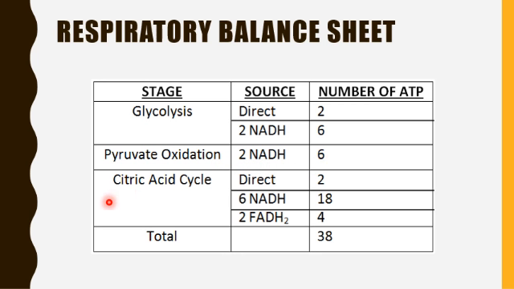The citric acid cycle, the direct source of ATP, that is GDP to GTP, is 2, and we have 3 sites where NAD is reduced to NADH. So 6 multiplied by 3 is 18 ATPs, and there is one site where FAD is reduced to FADH2. So 2 multiplied by 2 is 4 ATPs. Total is 38 ATPs synthesized, but